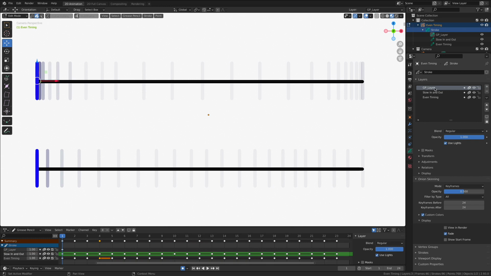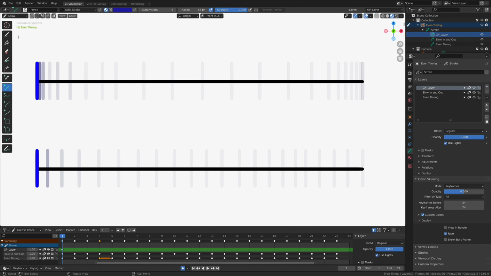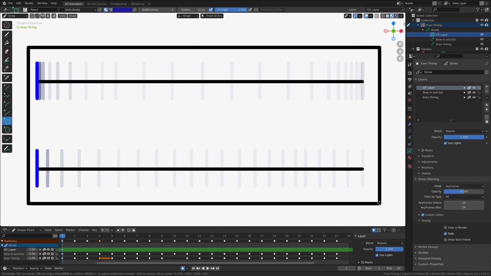So this is its own independent layer. We can add new strokes on it. We can add any sort of image in here, any sort of drawing that we want to make. If you look down here in our timeline, we also have the ability to keyframe just the contents of this layer independently from the rest. It's pretty neat. Let me just select the layer here real fast. I'm going to go into my draw mode. And I think I'm just going to add a nice little box just to kind of frame it up a little bit. Something like that.